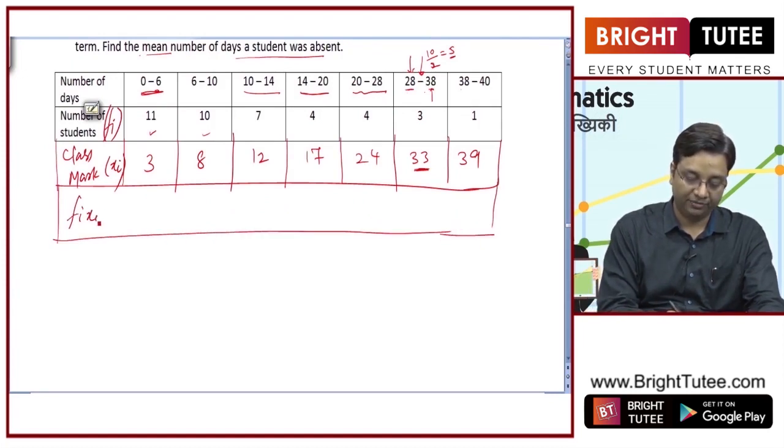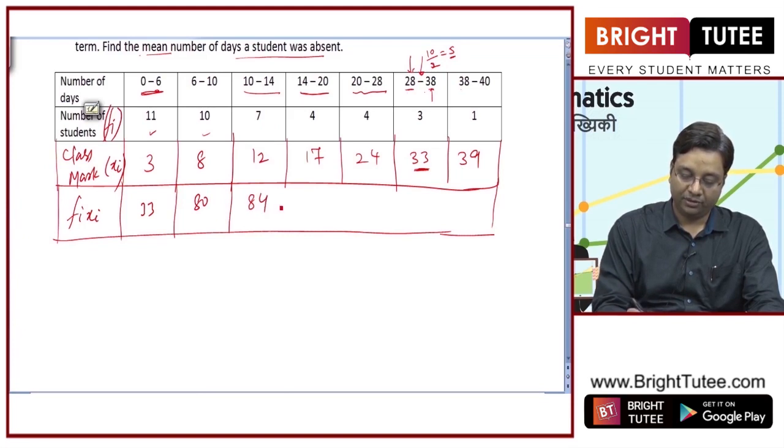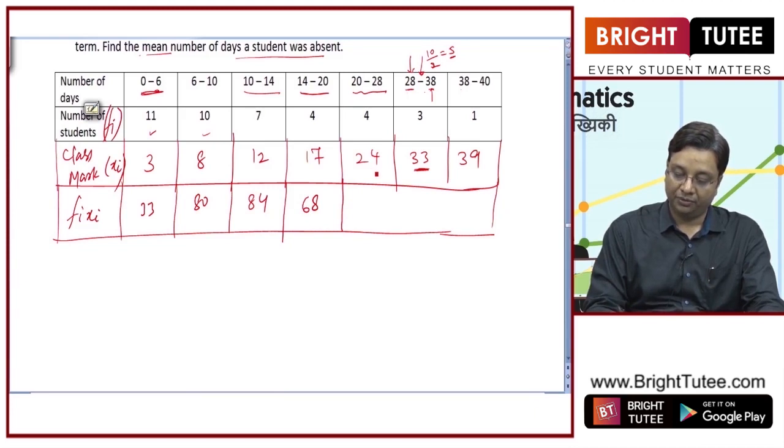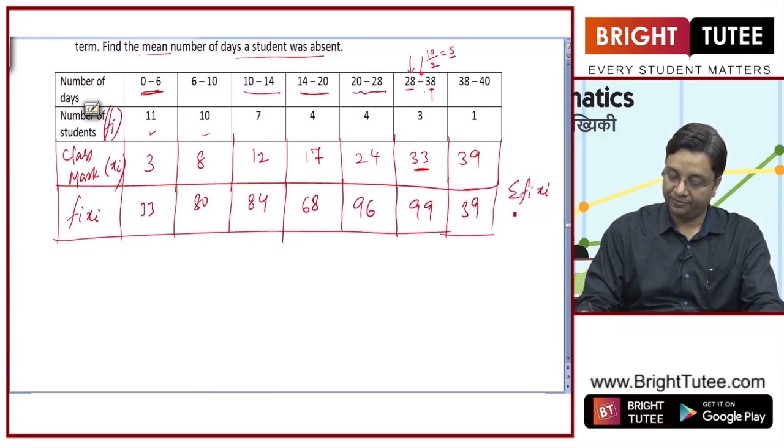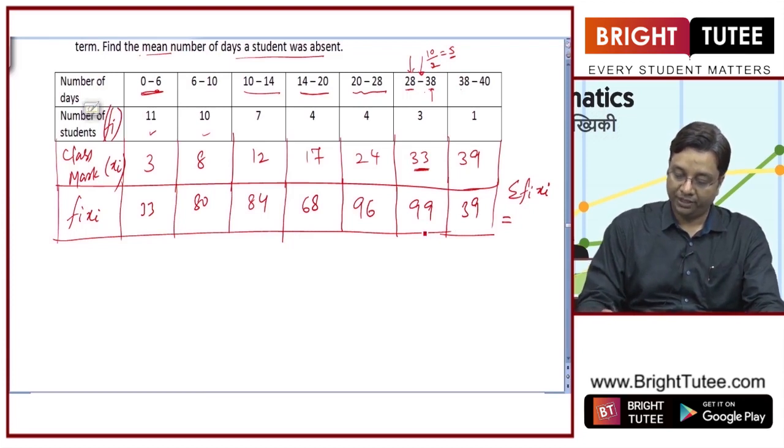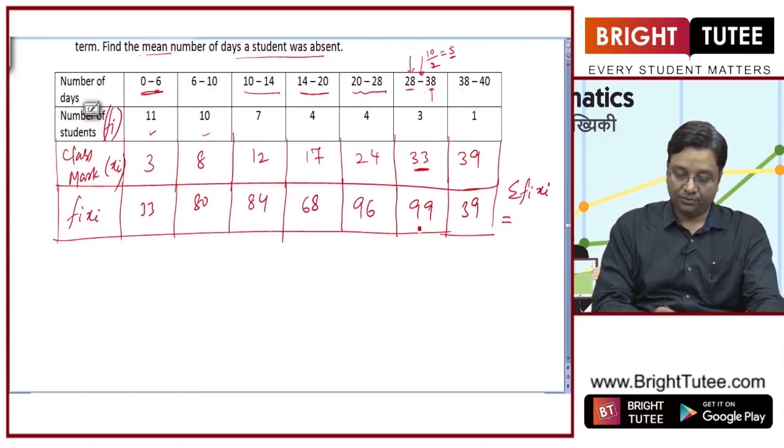So let me calculate fi xi here. 33. This is 80. 84. 17 into 4. 17 into 2 is 34. 34 double is 68. 24, 96. This is 99. 39. So what is sigma fi xi? It is equal to, this will give you,